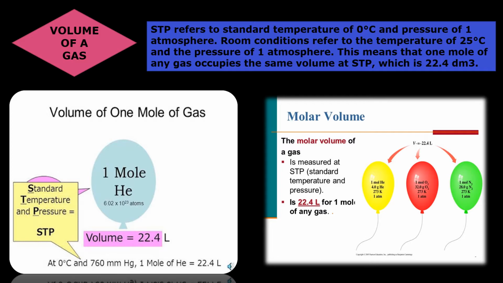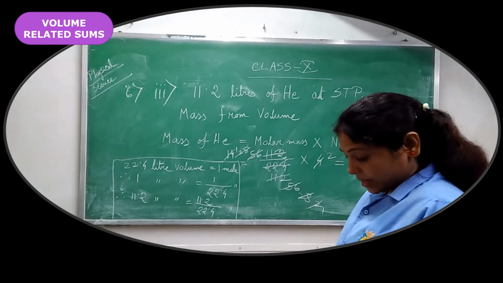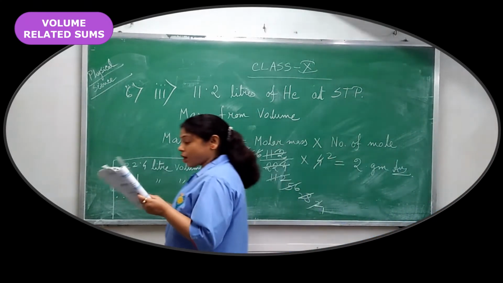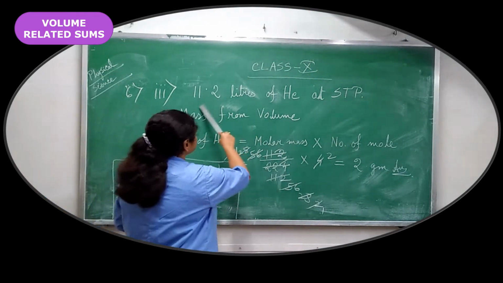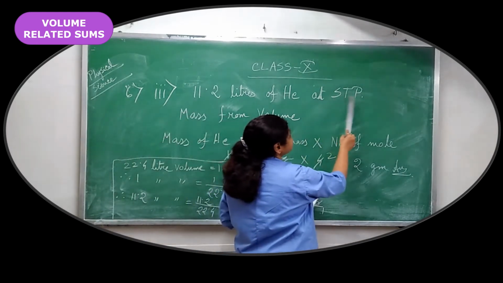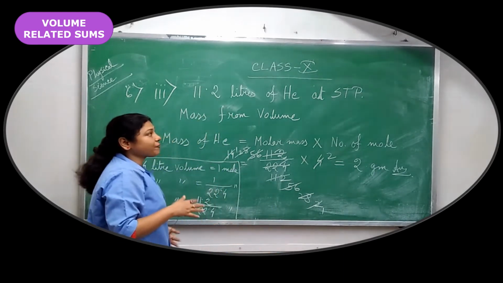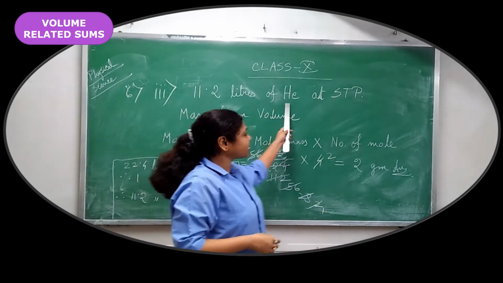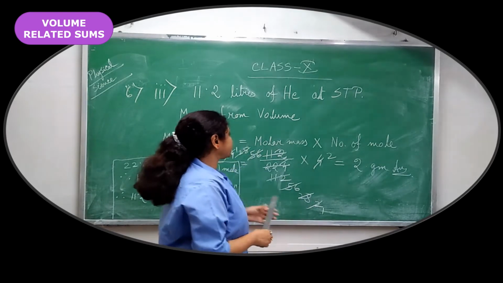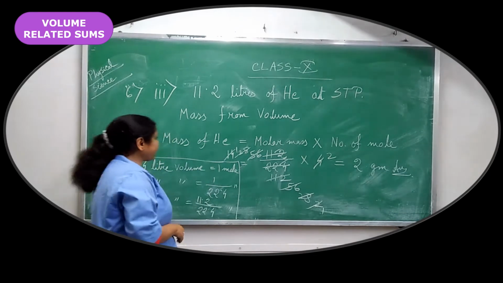Now let's start the sums related to volume of a gas. Now students, the next sum. Calculate the mass of 11.2 liters of helium at STP. STP means standard temperature and pressure. Now first you have to identify whether it is gas or solid or liquid, etc. So He means helium, and helium is a gas. That's why they have given volume of this. Okay. So